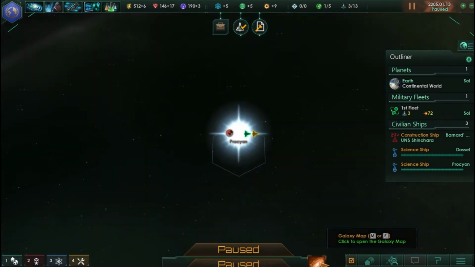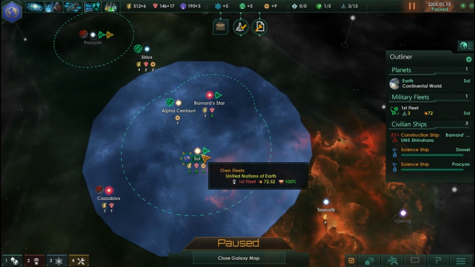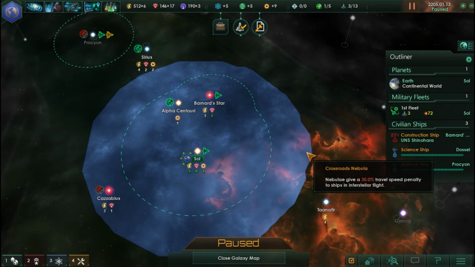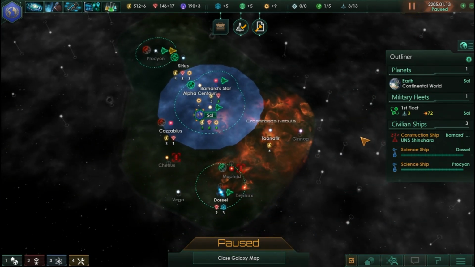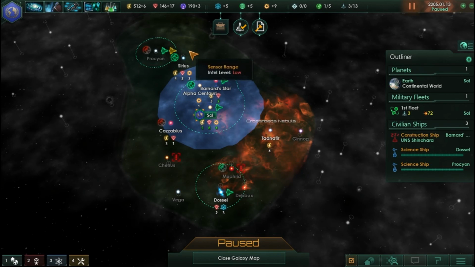But yeah, I think I'm gonna go ahead and stop here, because my next action would be to build a colony ship and to take it to Alpha Centauri. However, after this point, the game starts to change a little bit, and from person to person, it's going to be different, because, for example, I happen to have a nebula right nearby me, so I'm probably going to put a bit more